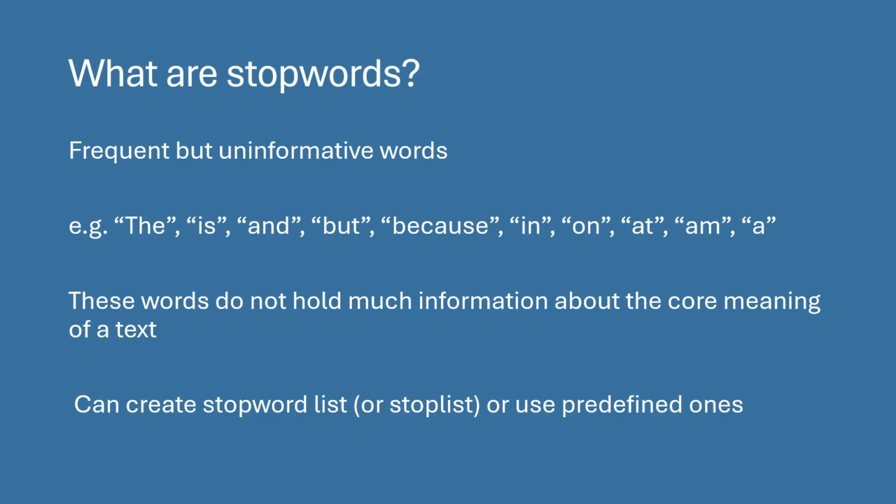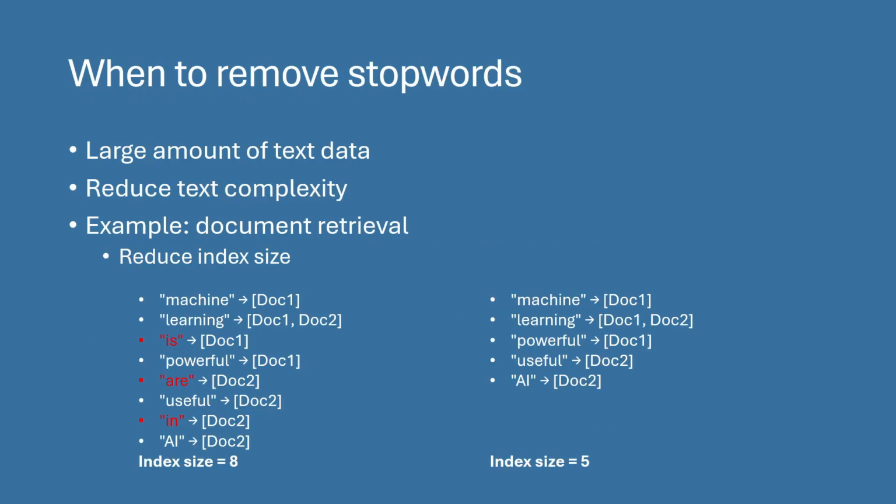So a common text preprocessing technique is to create a stopword list or a stop list comprising words that will be removed from our text. We can create a stop list, or we can use predefined ones, which we will do with NLTK later. So when do we want to remove stopwords? It's important to note that we don't always want to remove them, but in some cases it can be